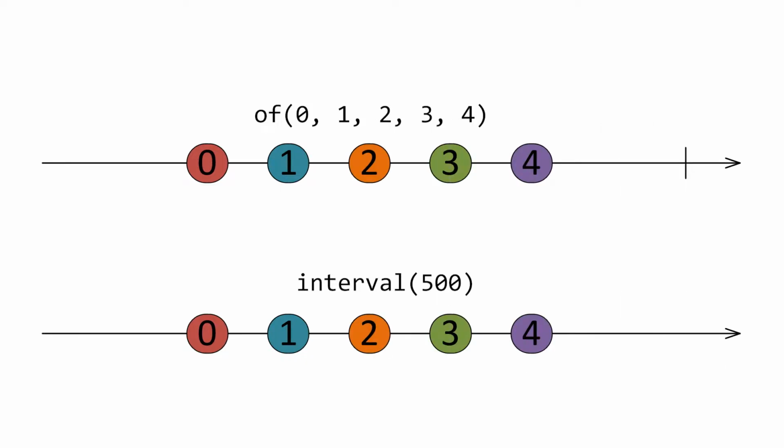And when it comes to a marble diagram like that, it's up to us to decide how much information we want to put in there. Obviously, you couldn't put every value in, so it's perfectly possible that we could just put in those values 0 to 4 as an example. And if we did that and compared the marble diagram for the interval with the marble diagram for the of, they would look almost exactly the same, just 0 through to 4. But that's where that indication of whether it terminates or not becomes very important, because that's telling us about extremely different behaviour between the two that we've got.